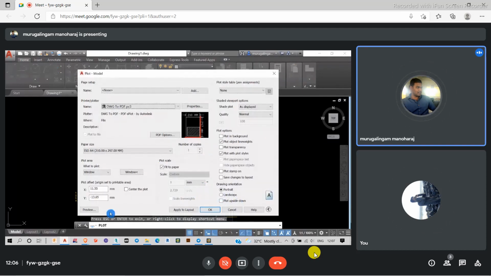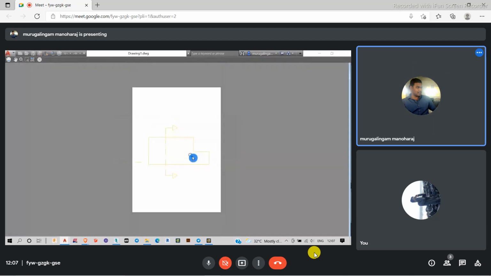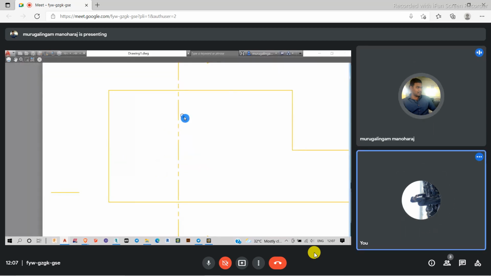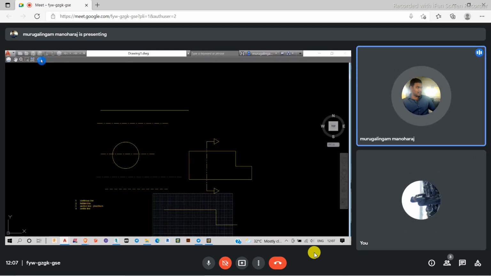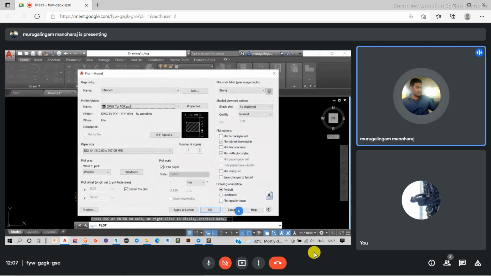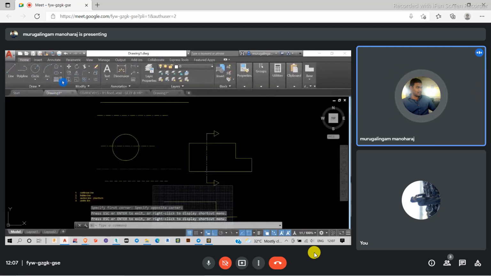This becomes a very big problem when you are trying to hatch something. I will show you the problem. It's not a big problem when the lines are drawn, but it becomes a very big problem when I'm trying to hatch something here. For example, let's say I'm giving some kind of hatches.